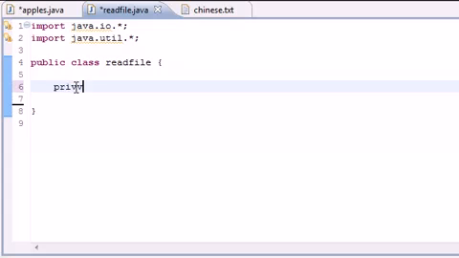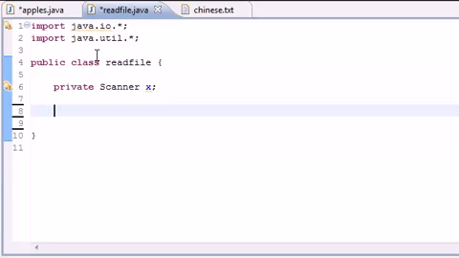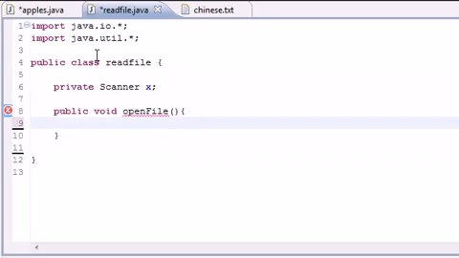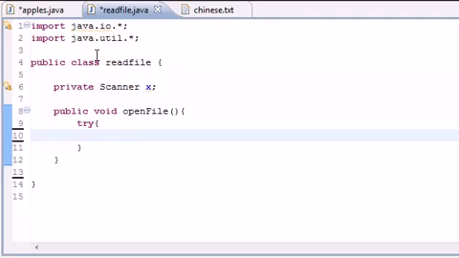Let's first make a private Scanner variable. I'm going to name mine x, and I'm going to move that cursor out of the way. Now let's make a method to open the file first. So public void openFile, and let's put try to open the file. We're going to set x, and again here's where we're going to put new Scanner. And instead of putting System.in here, which would be the keyboard, just put new File and put that